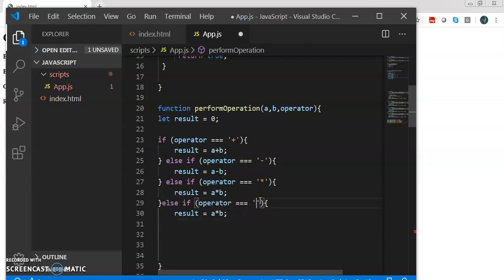Then the operator is division, and the result would be a divided by b. So let's check the parentheses. This is closed here, this closed here, this closed by this, this closed by this.